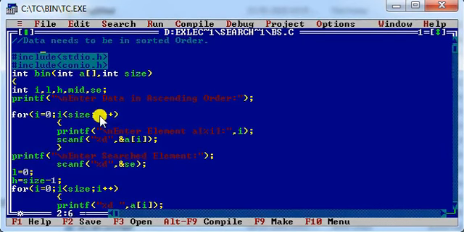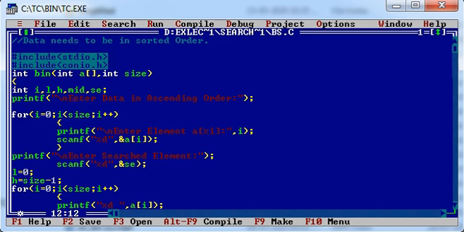Now we will see how we can implement the binary search algorithm using a function. Over here I have taken an integer kind of function which returns the position of the element if the element is found in the array, or else it will return -1 if the element is not found. As you can see over here, I have declared all the variables from the main method in my user defined method, that is i for traversing, lower bound l, upper bound h, mid element and search element.